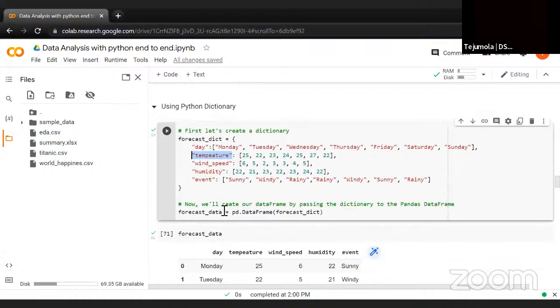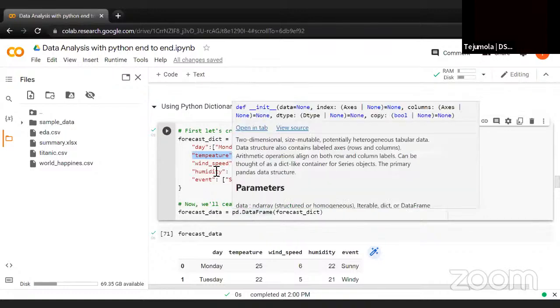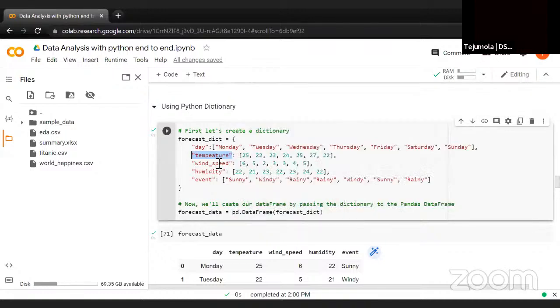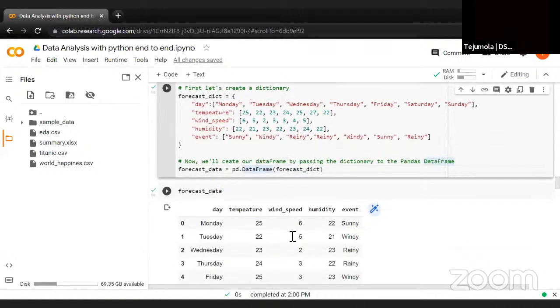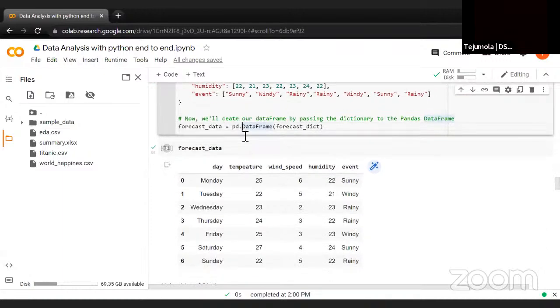So we can actually create a data frame. Don't forget that I said that Pandas has two major data structures that we need to be conversant with, which is data frame and series. So to create a data frame, we just use the function pd.DataFrame, and then our data is inserted into the parentheses, and it creates a data frame from this dictionary. As you can see here,